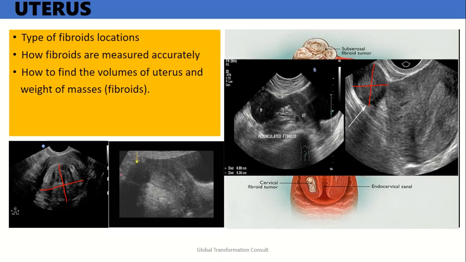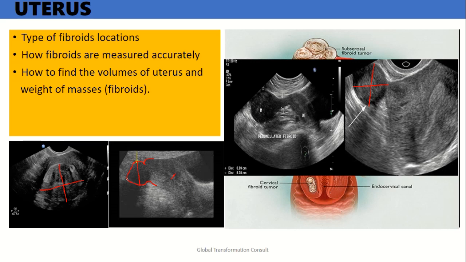And the next is also a fibroid, which is a subserosal one. So you can see this is pushing the uterus wall out like that. So you can see that's the wall of the uterus out. So this is subserosal, and that's the endometrium here measured clearly. That's the endometrium here measured. This is the urinary bladder, the cervix. So this is measured from here